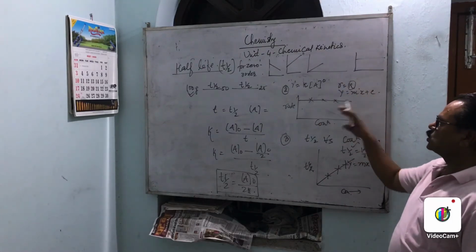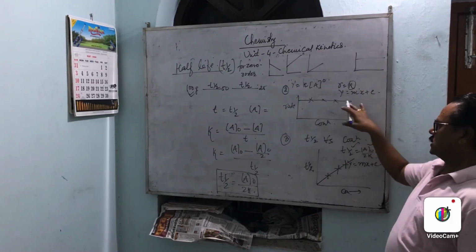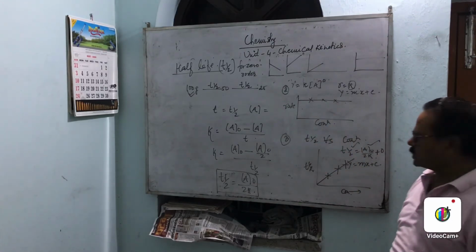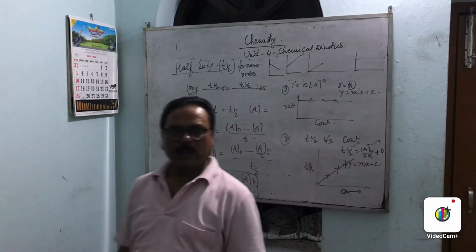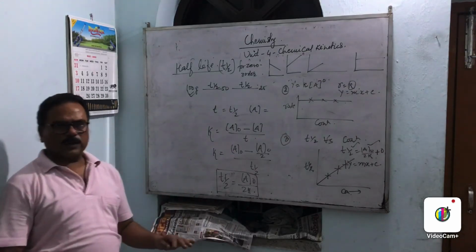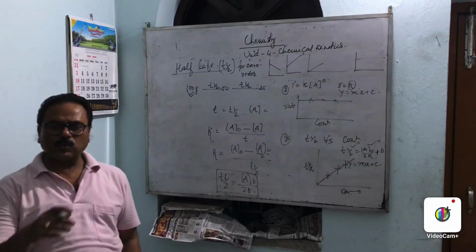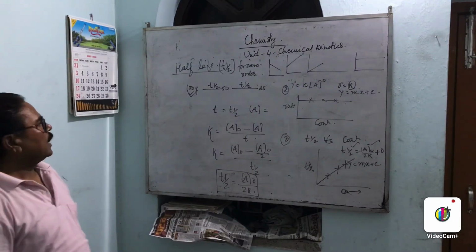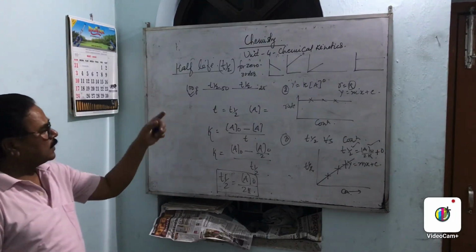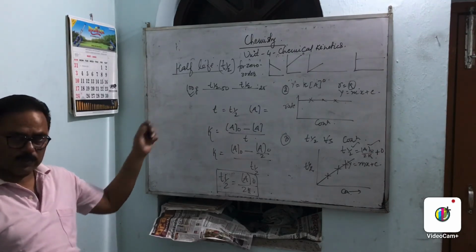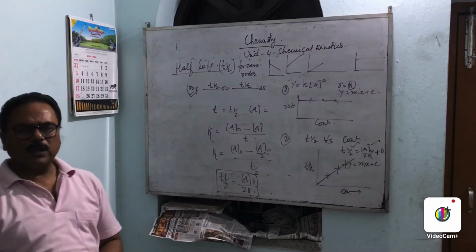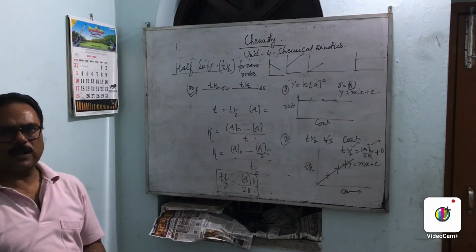But do not get confused there. They are similar in type, but the axes will change there. So I want to conclude today's topics: what is the difference between molecularity and order, and how we are able to calculate the order from the experimental data. Another one is the rate constant for the pseudo unimolecular reaction, for which I had given you the example, and the integration method for the zero order reaction.